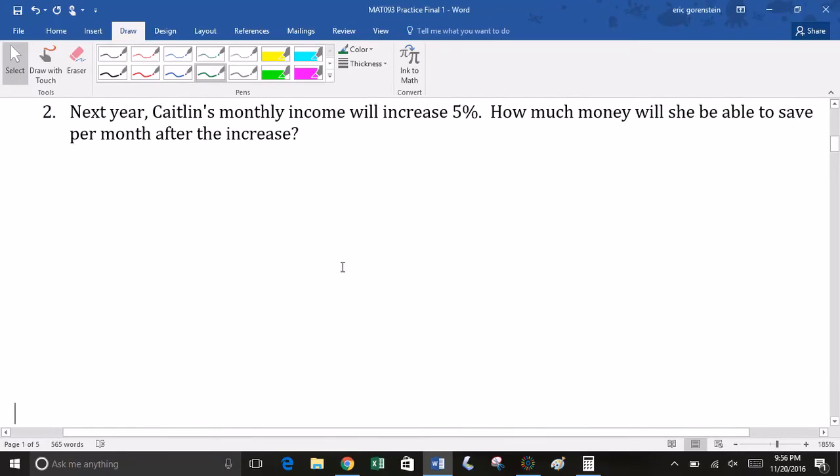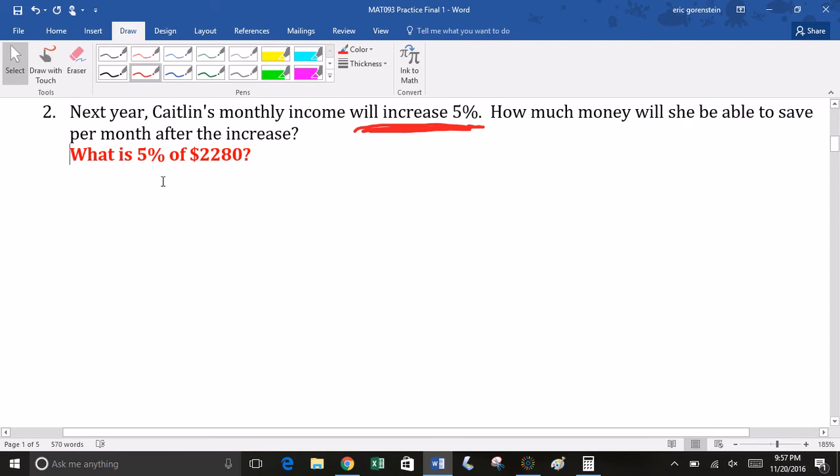Okay, so the second problem refers back to number one. Next year, Caitlin's monthly income will increase by 5%. So her monthly income's going up. We don't know how many dollars it's increasing by, but we know it's increasing by 5%. So the question that we need to ask is,